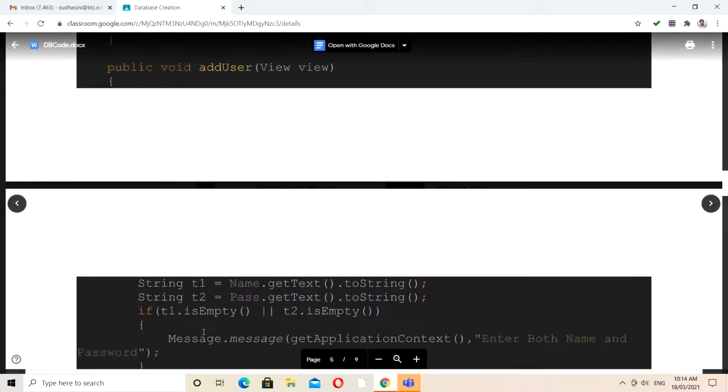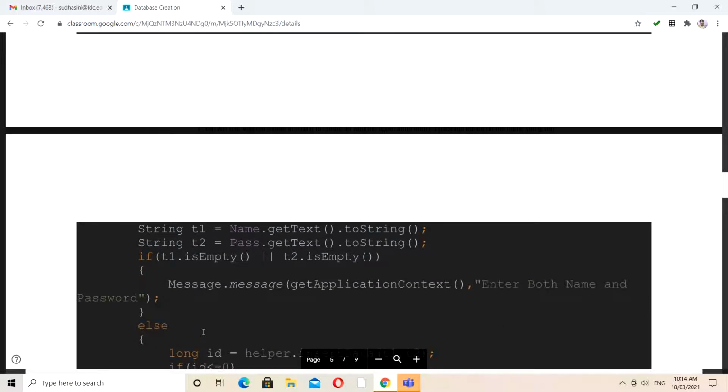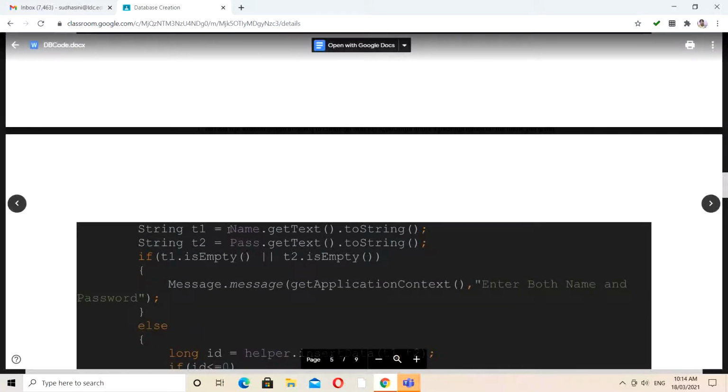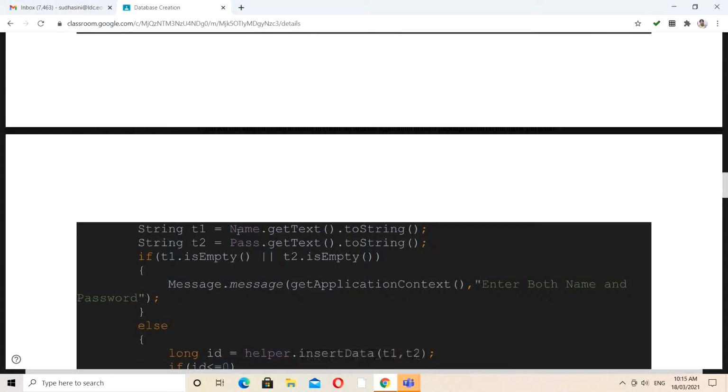For this addUser, what you have to do is name.getText().toString(). Here I'm retrieving the information of your control. Name is nothing but an EditText. So using the EditText of a particular name, we are getting this information. We are retrieving the username and then password.